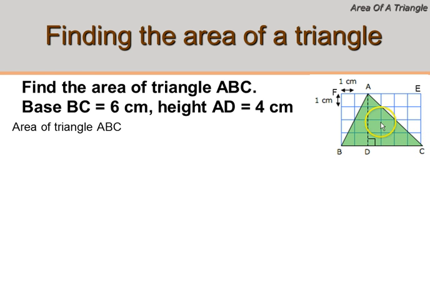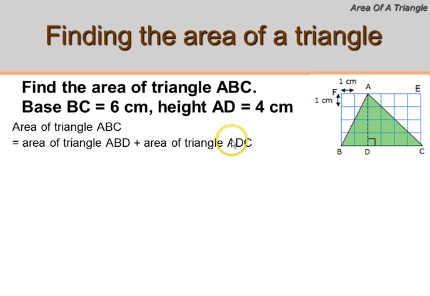The area of triangle ABC is the area of triangle ABD and the area of triangle ADC. ABC is made up of two triangles,